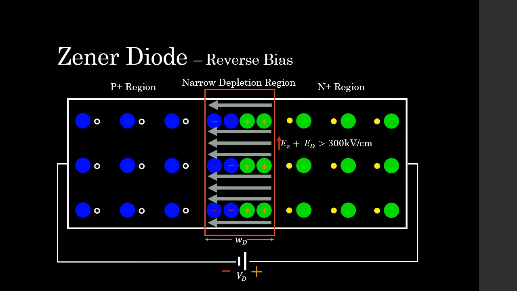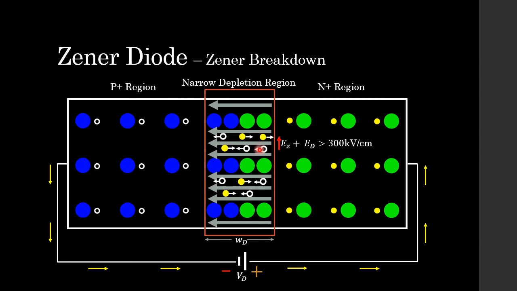Because we now have such a strong electric field within the depletion region of our Zener diode, this incredibly strong electric field actually rips out free charge carriers from the immovable ions within that depletion region. It breaks the covalent bonds that are present, and as you can see, we then have a whole lot of electron hole pairs being generated within this depletion region, and these free charge carriers then start moving. As you know, holes move in the same direction as the electric field, electrons in the opposite direction of the electric field, and that is how we then have our current, which flows for our Zener diode being operated in